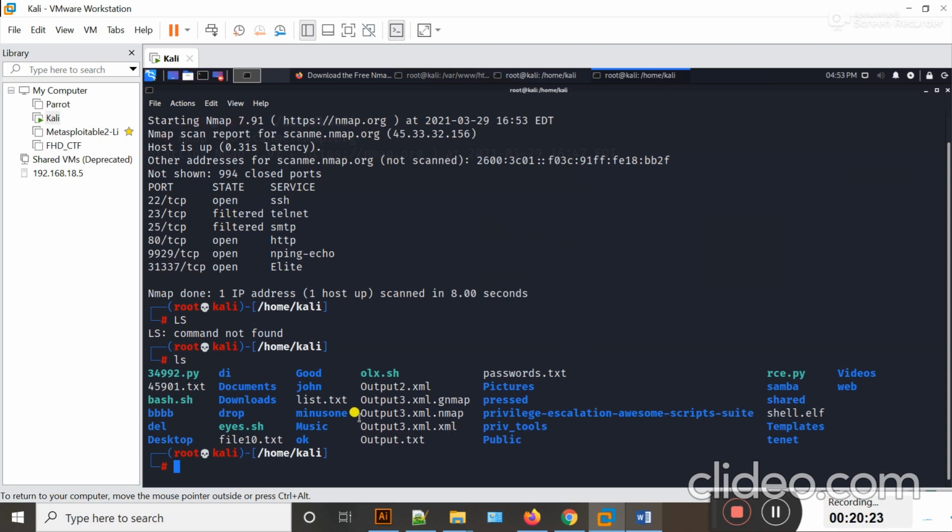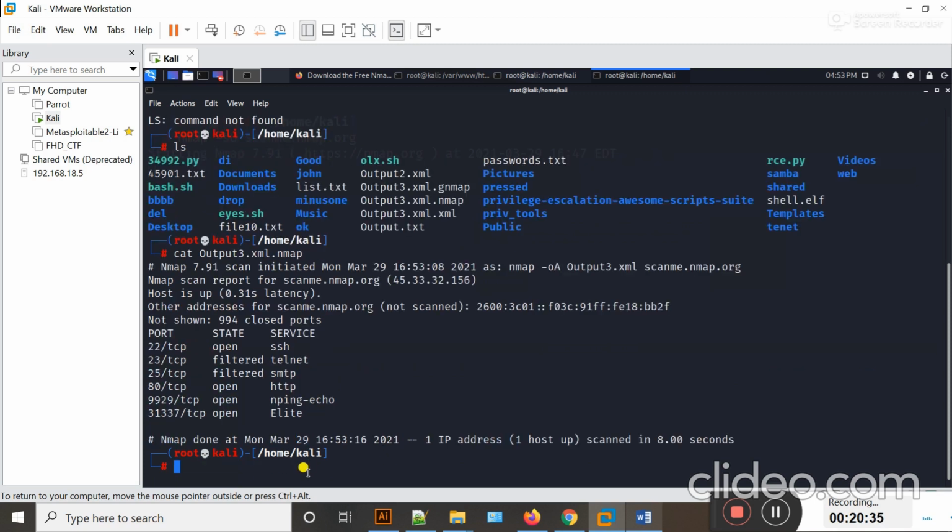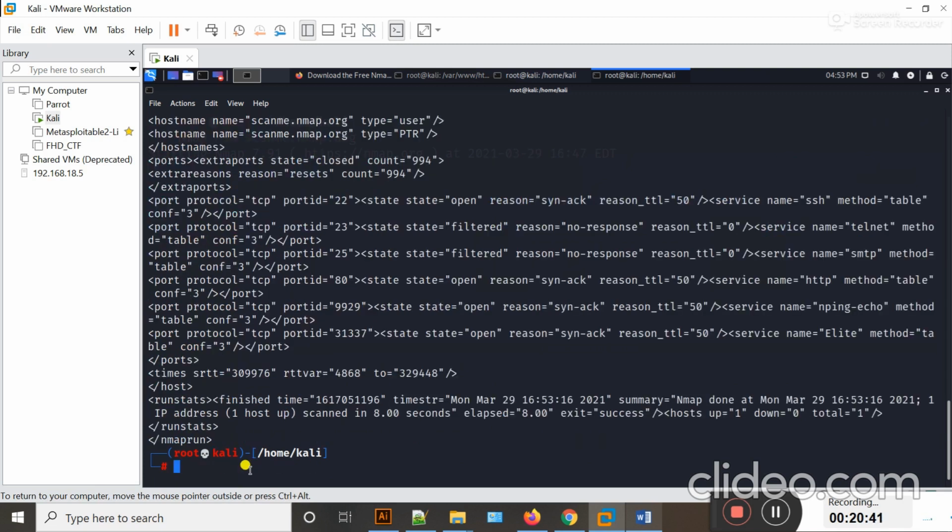Then if I type here cat output3.nmap and hit enter, now you can see that the result is present in normal text format. If I type cat output3.xml and hit enter, then now guys you can see that the output is in XML format.